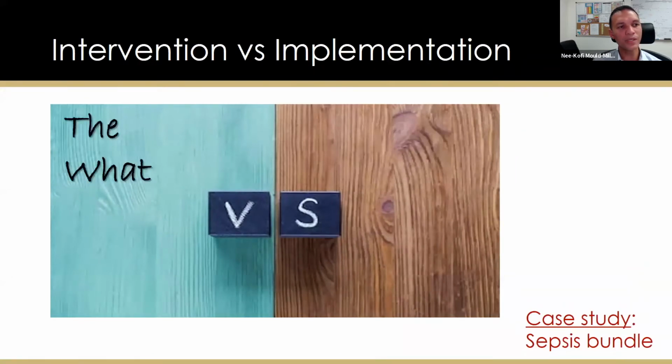We often think of the intervention as the what, the thing that is getting implemented, whereas the implementation strategy is often thought of as the how. So for example, if we wanted to implement a basic bundle of sepsis care, say in a district hospital in Malawi, the 3 or 4 items in the bundle of care would be the what, the intervention that we wanted to implement, hopefully with some evidence associated with it. And the how would be if we chose, for example, an educational intervention or a sensitization program, or if we decided to use an audit and feedback program as a method of introducing the sepsis bundle,